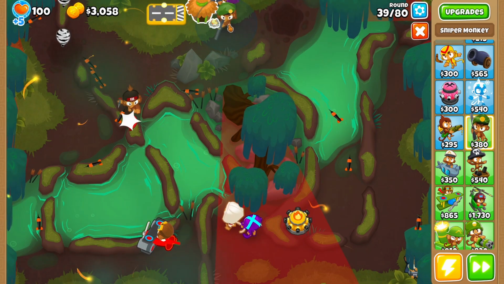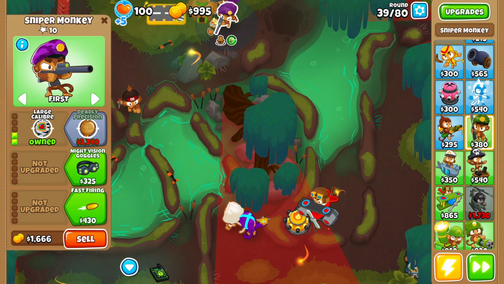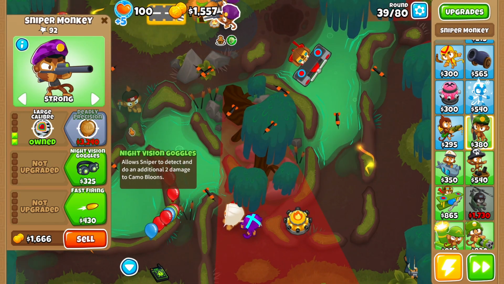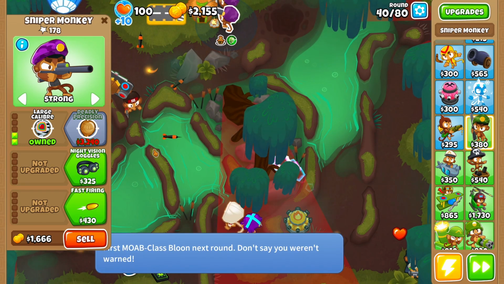We'll pop him up here, and then we'll put them on the top half again, because they can see camo due to this village, so it's not really too much of a problem that we haven't gone down this middle path. I don't think we'll want to use any other path with this sniper just because...